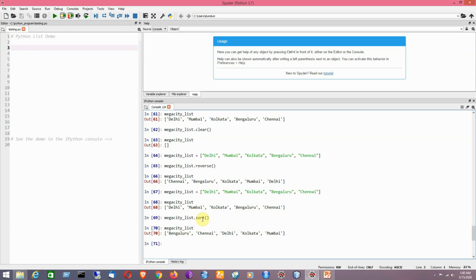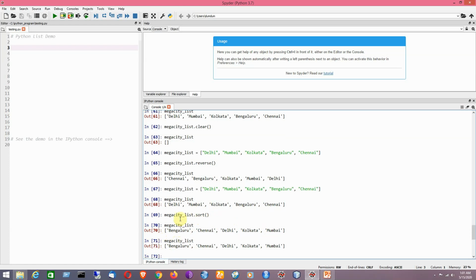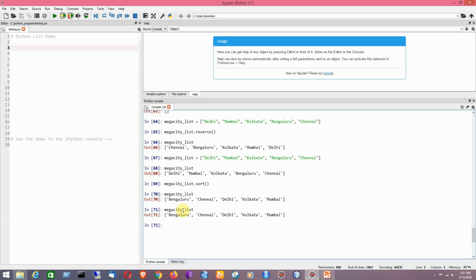Now suppose I would like to make a copy of the entire list to a different list. Suppose the name of the list is, for example, copy underscore list, to which I would like to make a copy of the current list, that is megacity list.